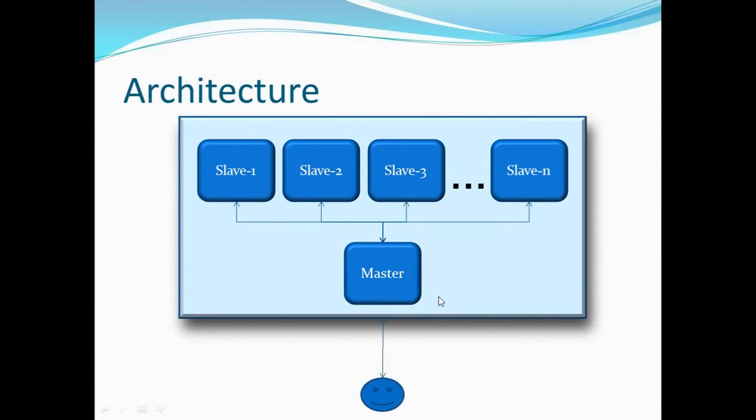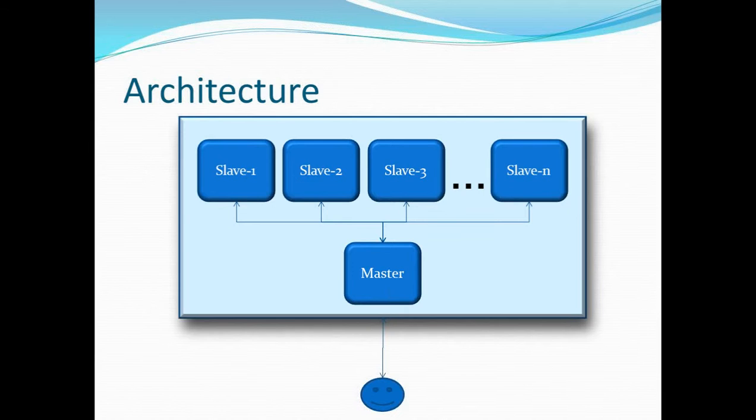So guys, this master is called a name node and these slaves are called data nodes. These are interchangeable terms which we are going to use again and again. The name node is a service that runs on the master and the data node is a service that runs on the slave. That's why they are called name node and data nodes. Usually in your usual cluster there is only one name node and there are n number of data nodes. I am currently talking about Hadoop 1 only. In Hadoop 2 you can have more than one master, more than one name node.